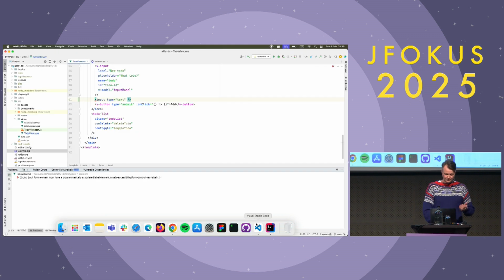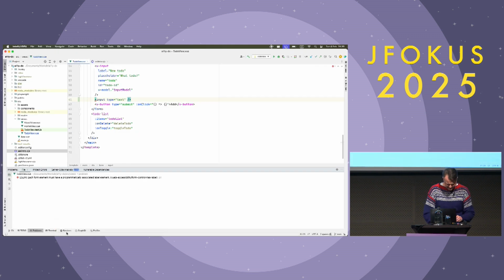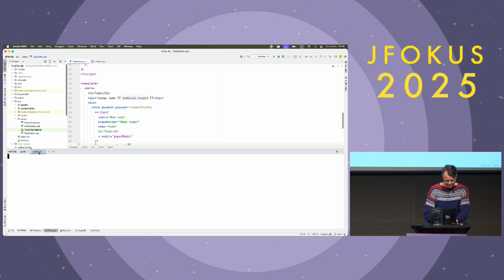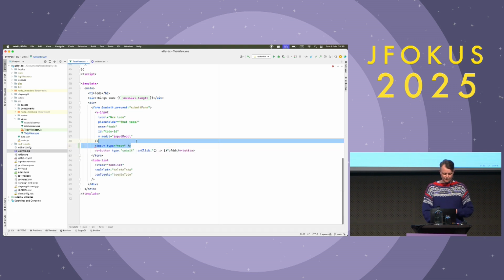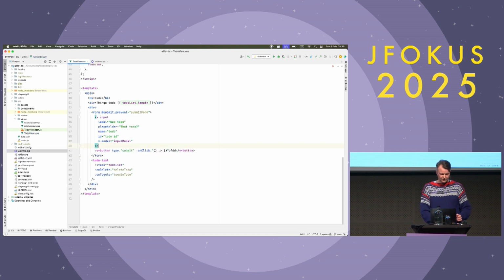I can also run it from the command line. And it will fail. So that means I can add it to my Git hooks and prevent me from committing code that's not good, and so on and so forth. So I'm going to remove that, and the next thing I want to do is I want to add unit